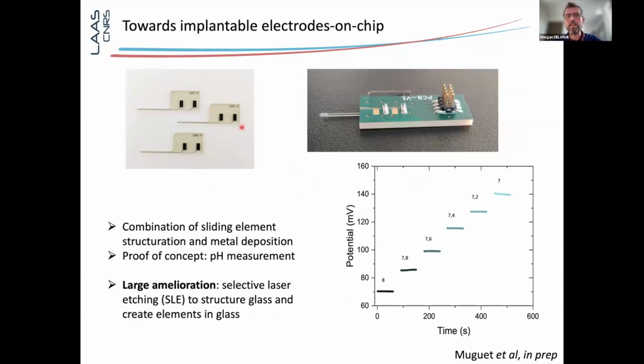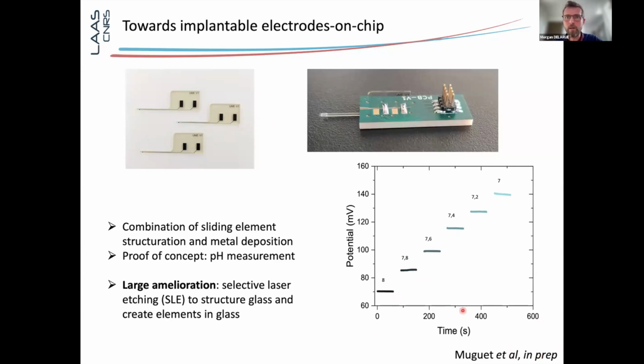And then a microfluidic device is disposable: you throw it away and that's the end of it. We wanted to use the sliding elements technology, combining it with electrode deposition, to create electrodes on these sliding elements that you can then insert inside a microfluidic device in order to measure different things. So here I give you a proof of principle that we have recently finished,